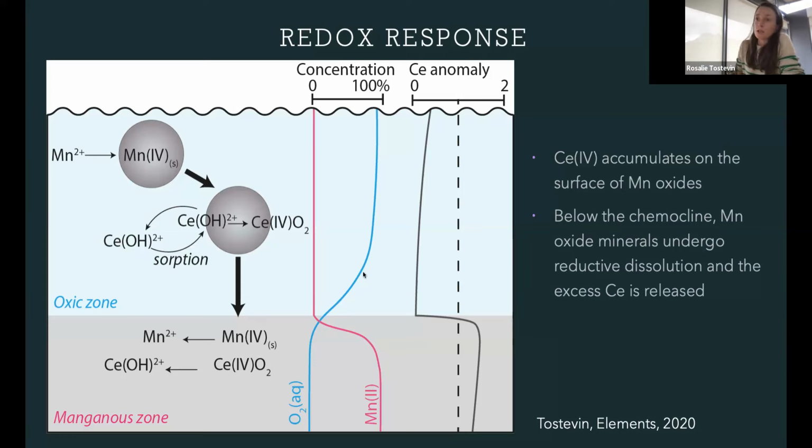And then as oxygen concentrations decrease and we enter the manganese zone, so below a chemocline where redox conditions are conducive to the dissolution of manganese oxides, those solid particulates dissolve, the manganese is released, and the cerium 3 is released back into seawater. And so the cerium anomaly, which I will define mathematically later on, but is basically the concentration of cerium relative to the concentration you would expect based on that trajectory from its neighbors, is negative in oxic waters and then either positive or close to 1 in anoxic waters. So we have a redox proxy which is